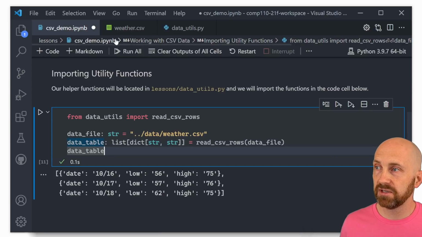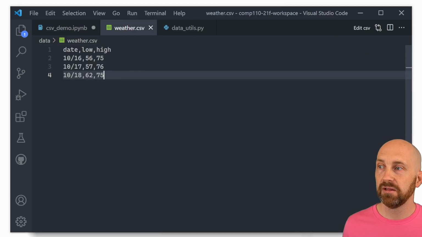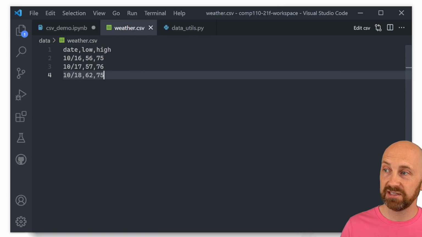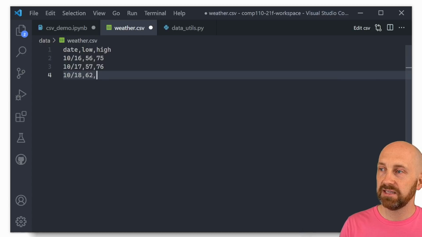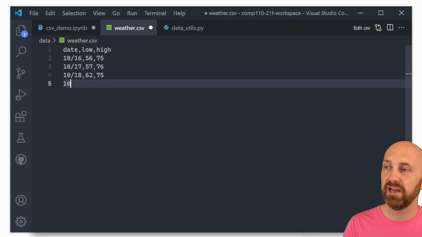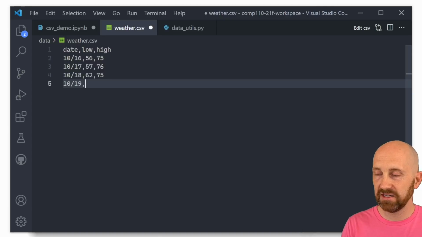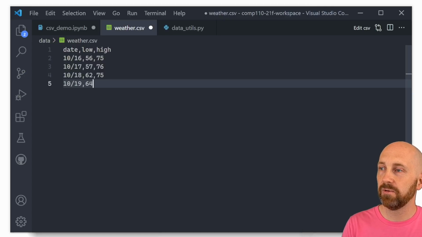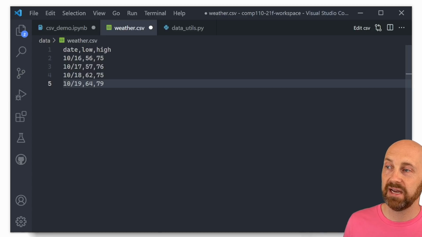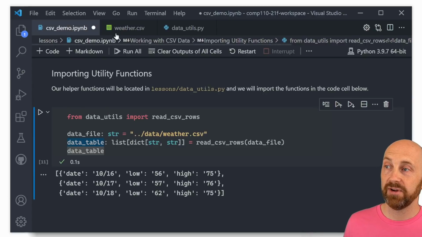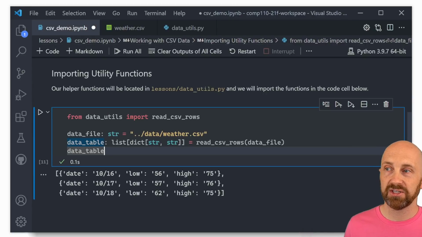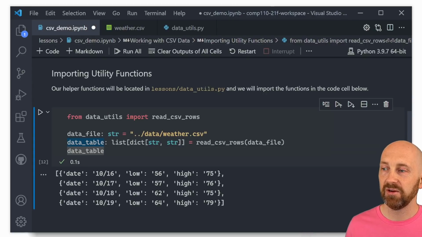Just to convince ourselves that this is actually loading data, what if we tried changing the CSV file, adding one more day, 10/19? Let's say, I'll make this up, a low of 64 and a high of 79. So I add one more row to my CSV and save this file. Now if I come back to my Jupyter notebook and press Control Enter to reevaluate, boom, look, now we